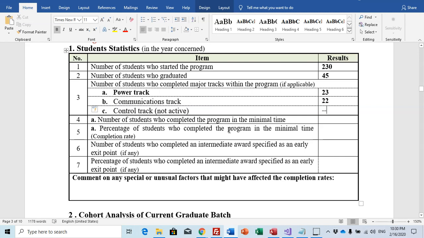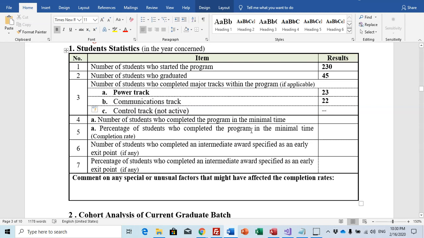Now, number of students who completed the program in the minimal time. Based on your study plan, students should, for example, spend 5 years or 10 levels in order to complete your program, because your program contains 10 levels. Any students who completed your program within 10 semesters, or 5 years or less, finished with minimal time.